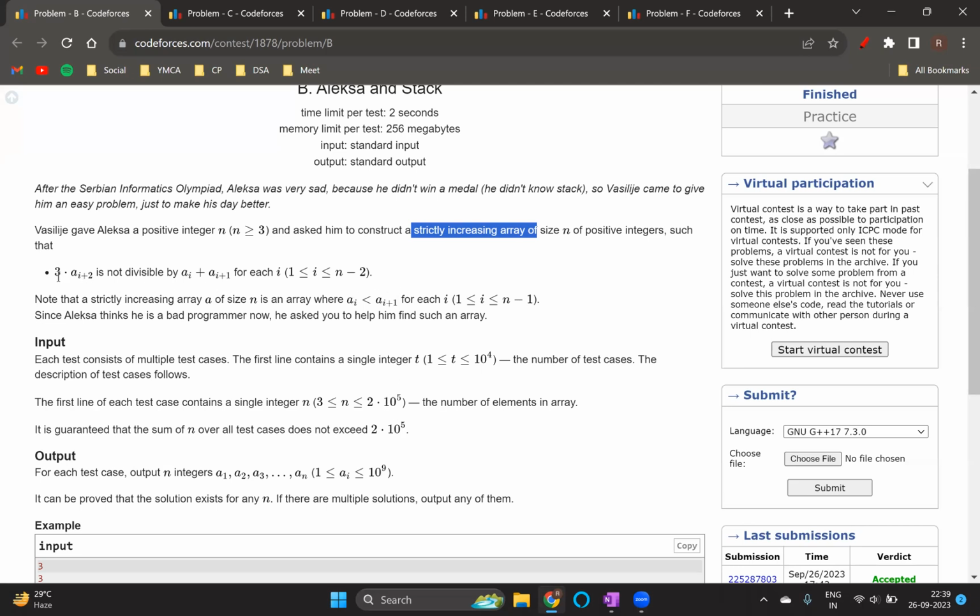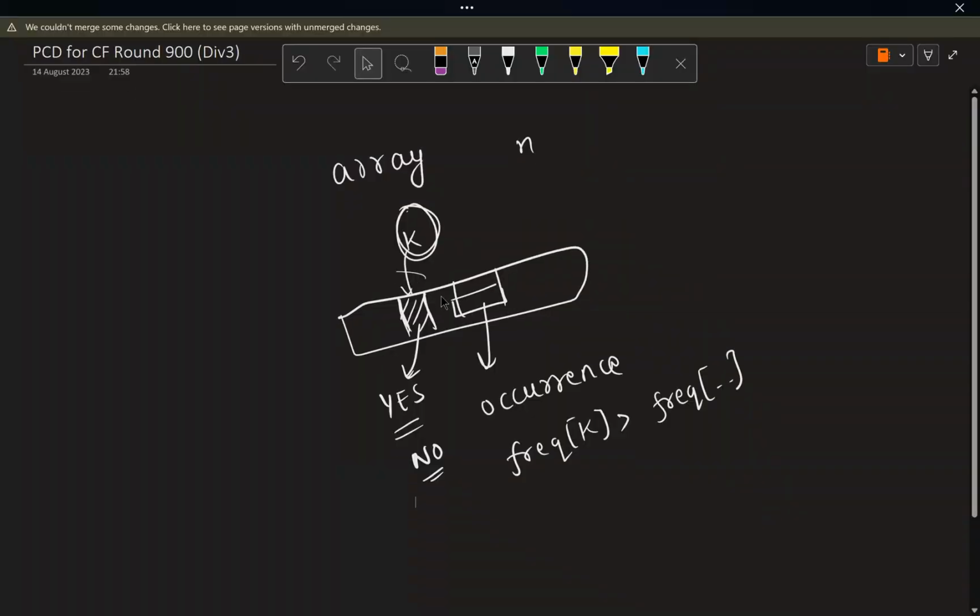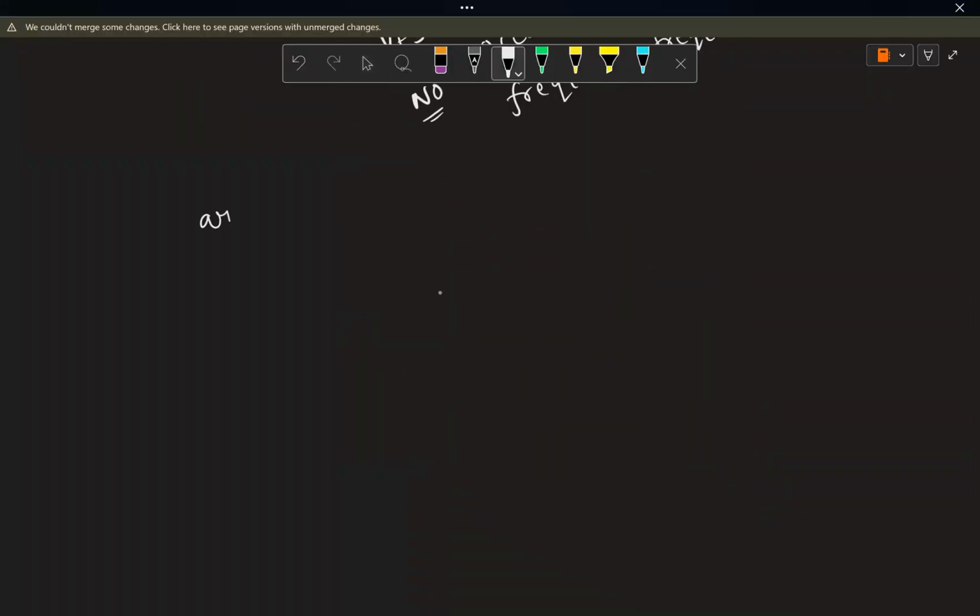Anyway, there is one more condition that 3 times a of i plus 2 is not divisible by a of i plus a of i plus 1. What it means is that inside the array which you form, for any a of i, it should be greater than a of i minus 1 unless i is equal to 0. For all elements except the first element, it should be larger than the previous element. And for all elements with i greater than or equal to 2 for zero-based indexing,